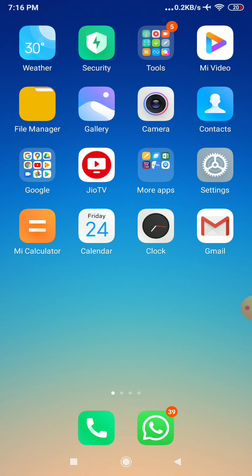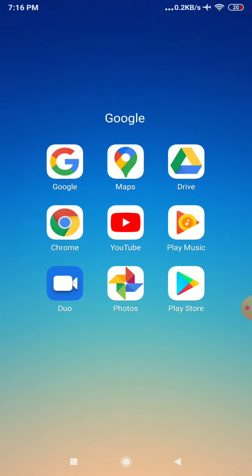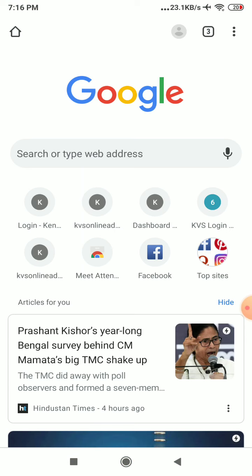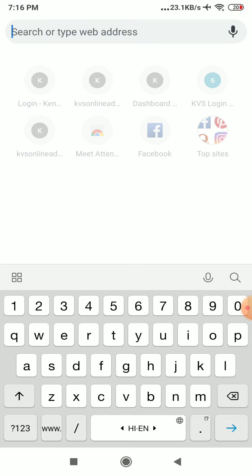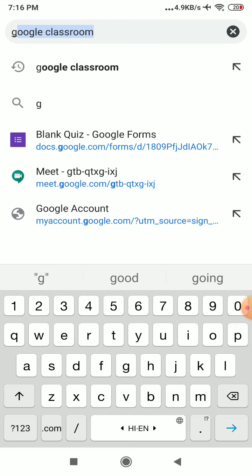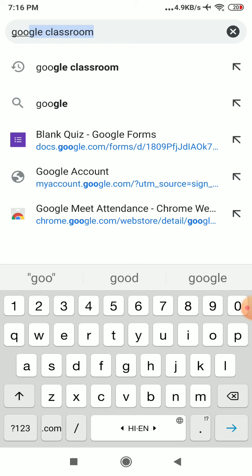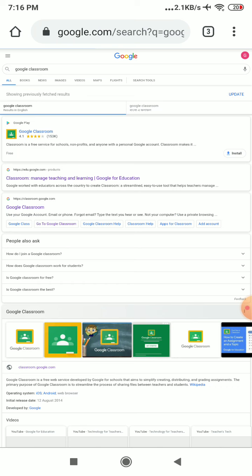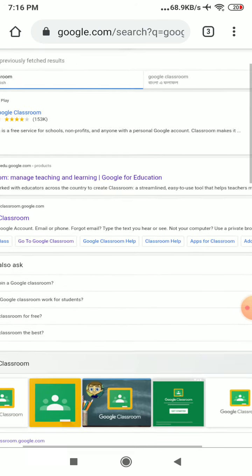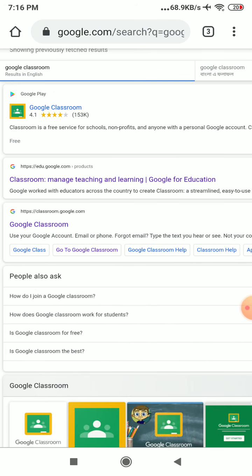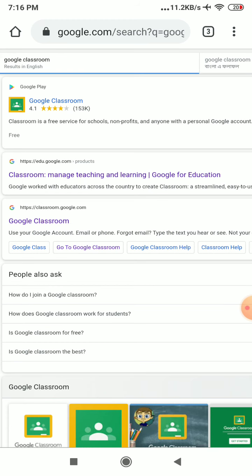I am coming to Google, tapping it, then coming to Chrome, tapping it. After that, here is the address bar. I am typing the address, that is Google Classroom. Already it is showing here. I am selecting it. Then here you see this is my desktop view, and at the right corner you can see triple dots.